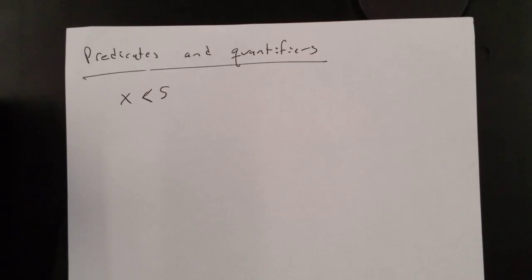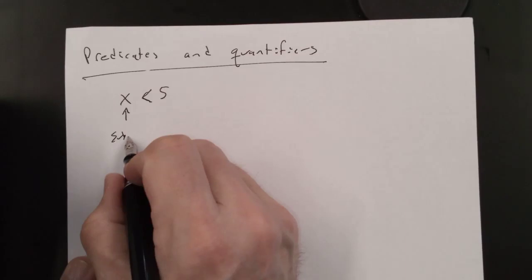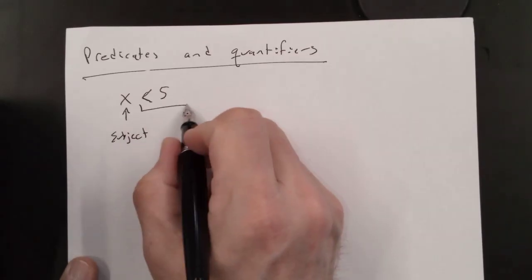What's the subject of that sentence? The sentence is about what? About X. And the descriptor, the verb, is, right? X is less than 5. So if I think of this as the subject, then the predicate